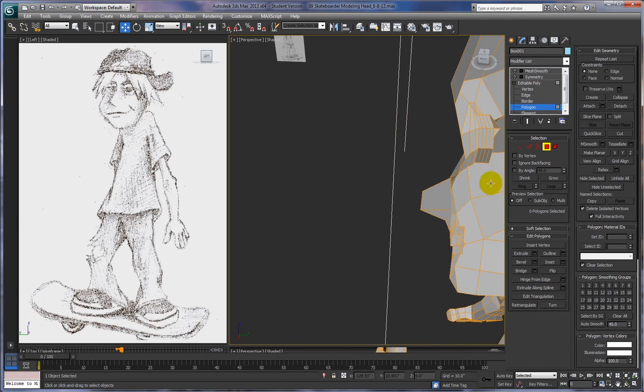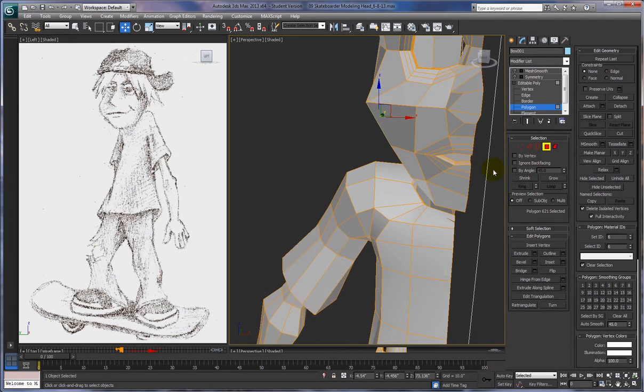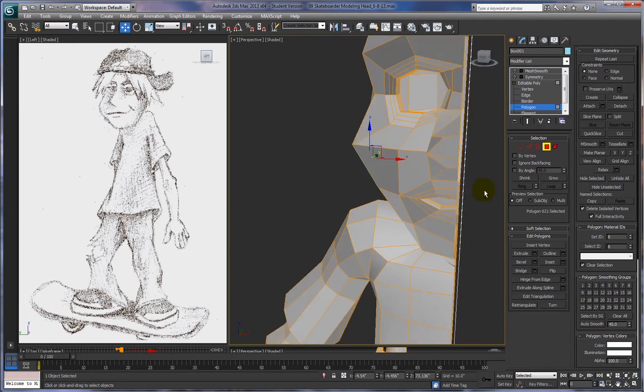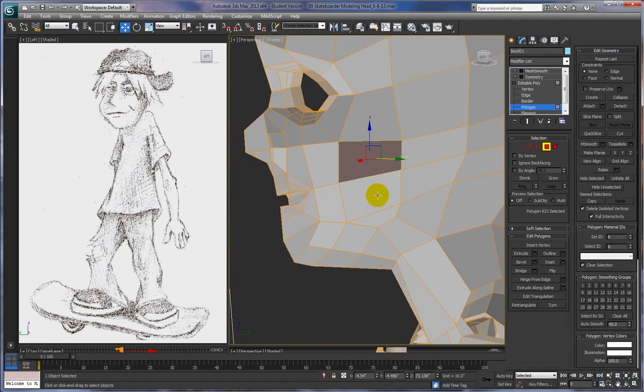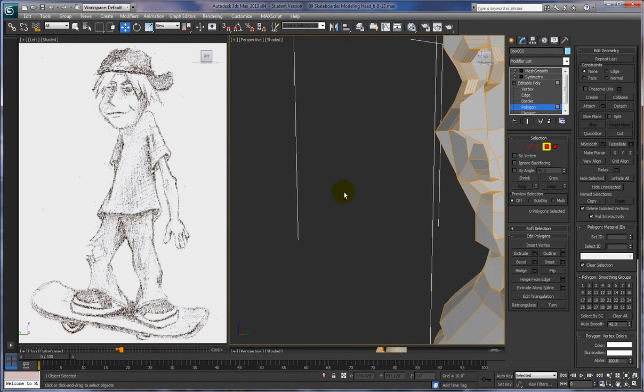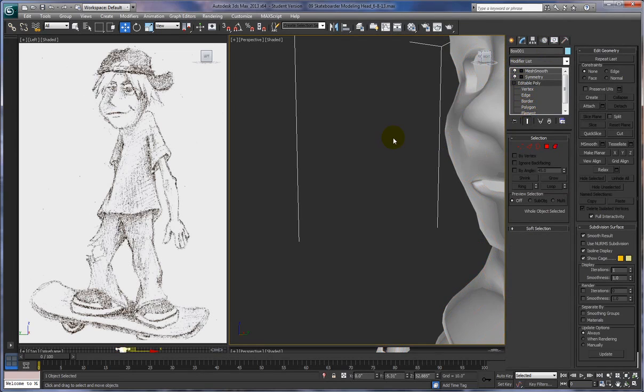Now we have a character with holes in his head, but that's fun. Like I said, the eyeball's going to fit inside of here, and we'll never see it. Okay, we're going to do the same thing with the mouth, which is much easier because there's only two. Okay, and then when we turn on Mesh Smooth and Symmetry and get out of Polygon mode,